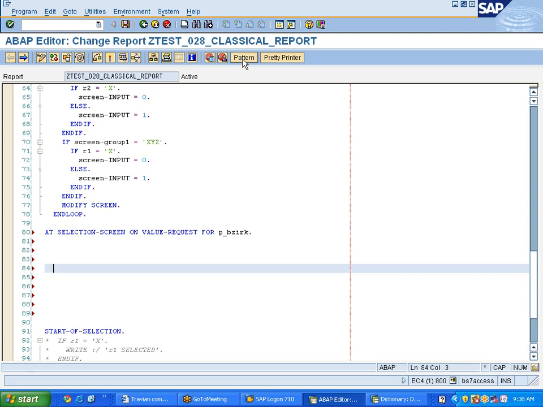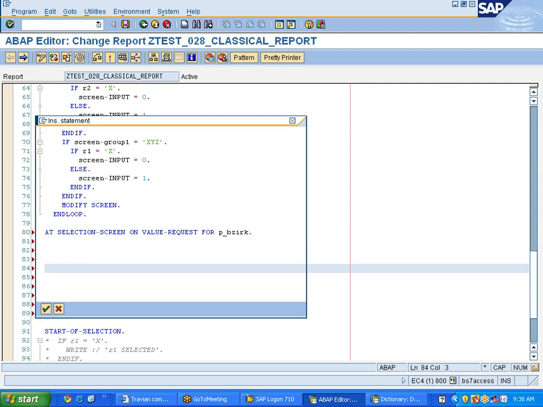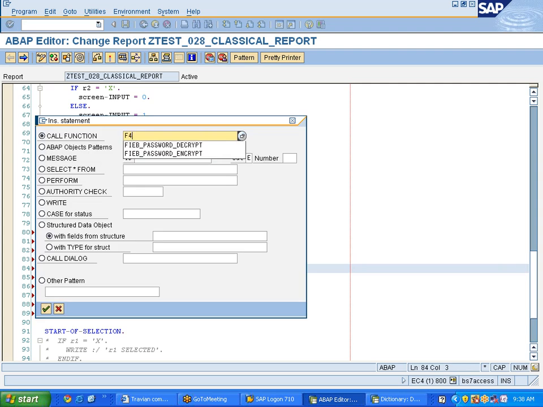The function module name is F4IF_INT_TABLE_VALUE_REQUEST. Yeah, this is the function module name. So give this function module name